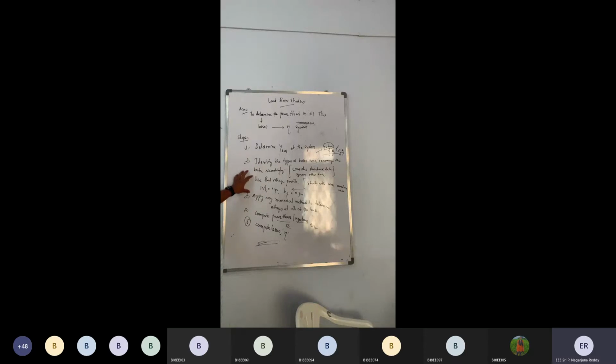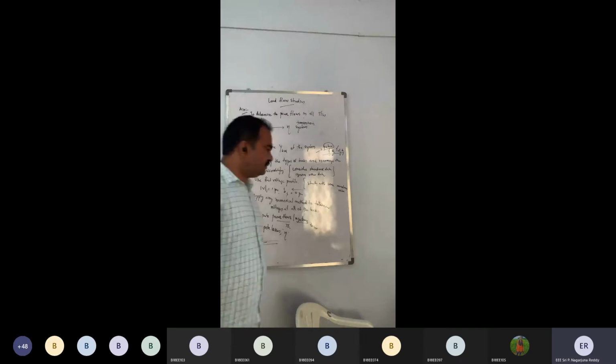And step number 3 is about starting somewhere. So I am employing this flat voltage profile. This is commonly employed in power systems where we start with the magnitude set to 1 per unit and angle set to 0. Because our final target is determining the voltage at all the buses. Once we determine the voltage at all the buses, we can compute the power flows in the transmission lines and the power injections at the buses. Once power flows are computed, we can know the losses and finally evaluate the efficiency of the system. If we complete all these things, then automatically our job will be done.